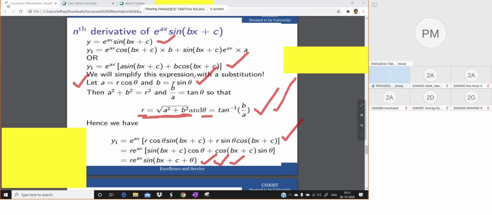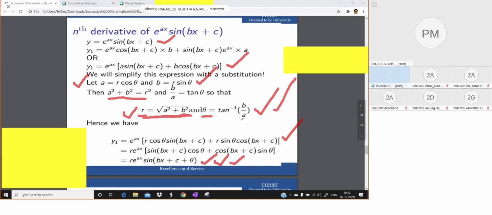Yeah. So that is why when A is r cos theta and B is r sin theta, what is A square plus B square? Will it be r square cos square theta plus r square sin square theta? That is nothing but you take an r square common out, within brackets you will get a cos square theta plus sin square theta, which is nothing but a 1. So that's why you are getting this equation A square plus B square equal to r square, or r is equal to square root of A square plus B square. That is R in terms of A and B.